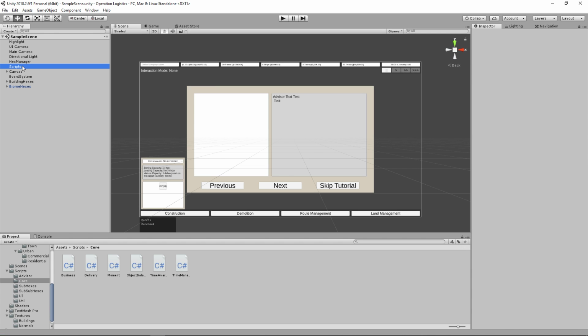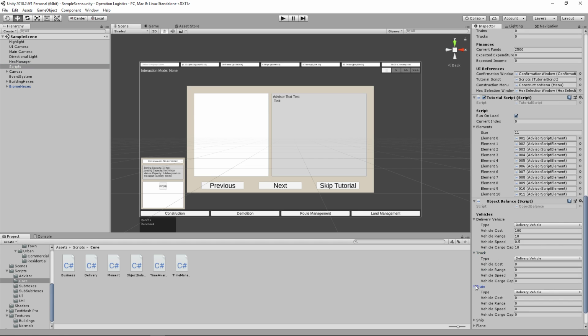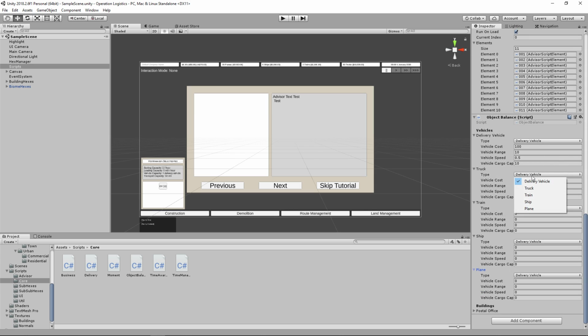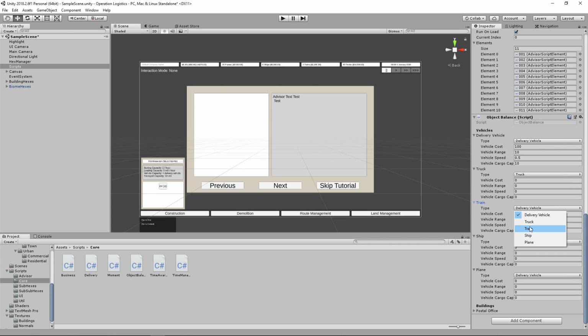The vehicles aren't actually implemented. And down here, we've got our delivery vehicle, but we've also got our truck, train, ship, and plane. So let's go ahead and set these up. Truck, oops, there we go. Truck, train, ship, and plane. And the truck is going to cost about 10 times as much as the delivery vehicle, so 1,000. It's going to have a much longer range, maybe around...